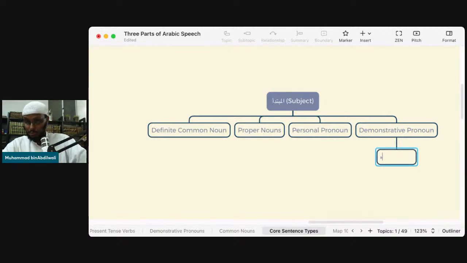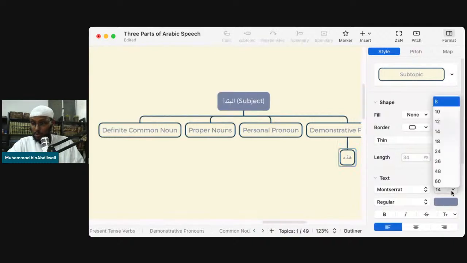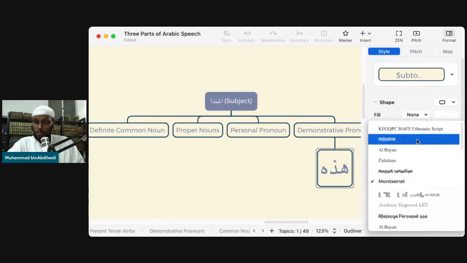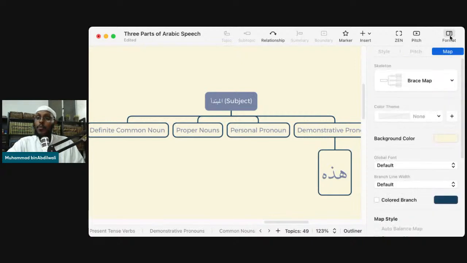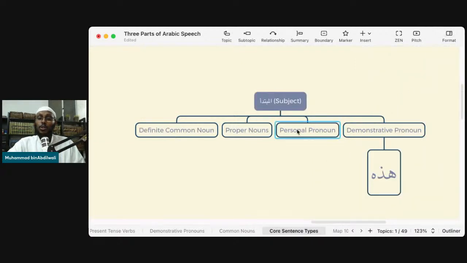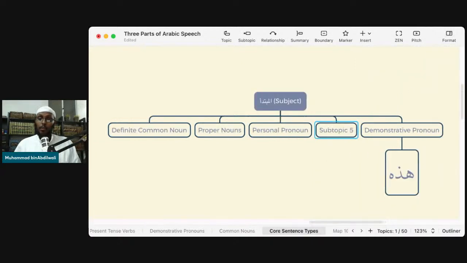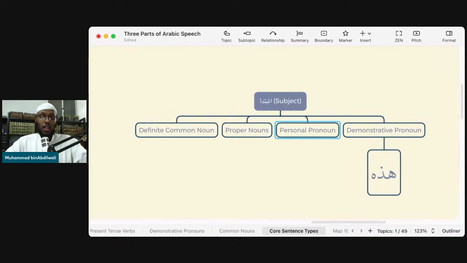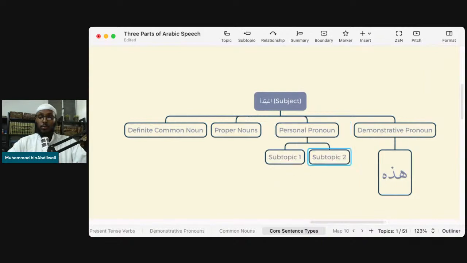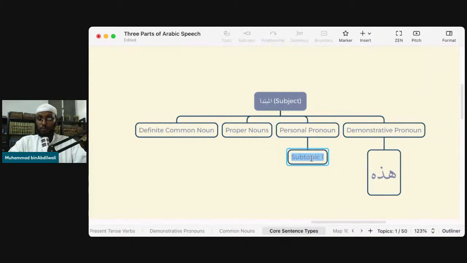هذه. All right? You try and choose something else. Let me try and make this big so you can see it. Okay, that's the demonstrative pronoun I chose. Personal pronoun. I'm gonna choose, let me choose whom. Okay, I don't know about you guys. I'm choosing whom, which means they.